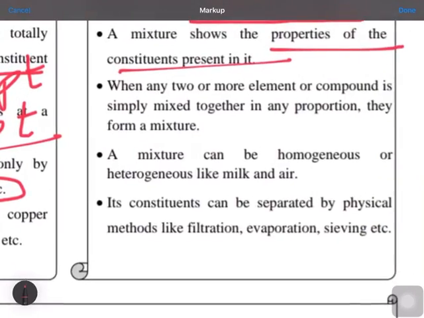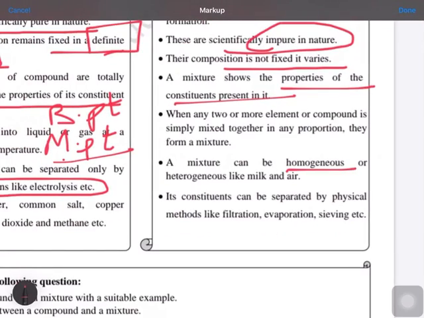But a mixture can be homogeneous or heterogeneous, which you have read in the last worksheet. Homogeneous means having the same composition throughout, and heterogeneous means different, like milk and air. So in that case also we cannot separate these things by a chemical process. Only a physical process can be used. If you want to separate water from the milk, we have to keep on boiling the milk. It will first be reduced to the pure form of milk, releasing the water, then further heating will reduce it